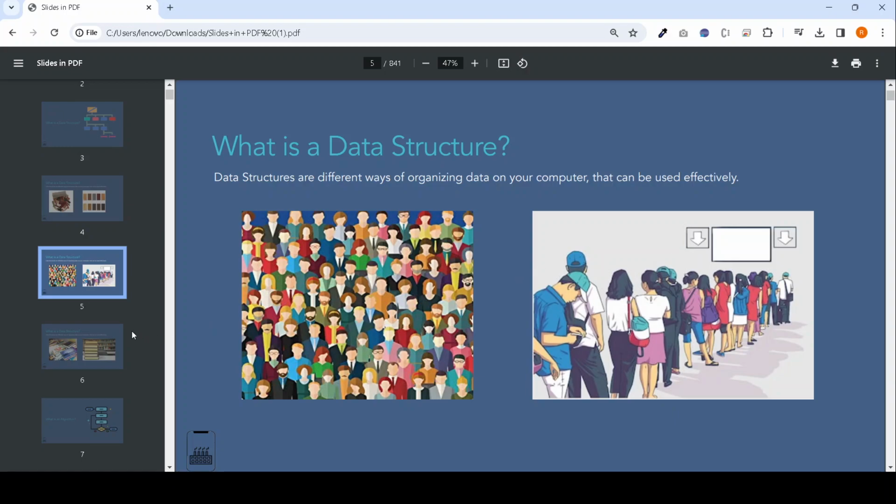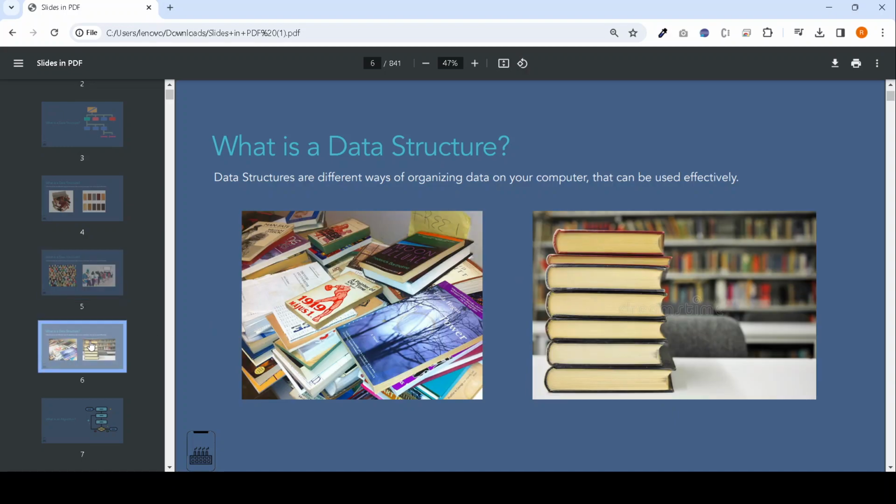Now next, let's see another example. There are multiple books in the first image which are in an unorganized way. But in the second image these books are in an organized way.